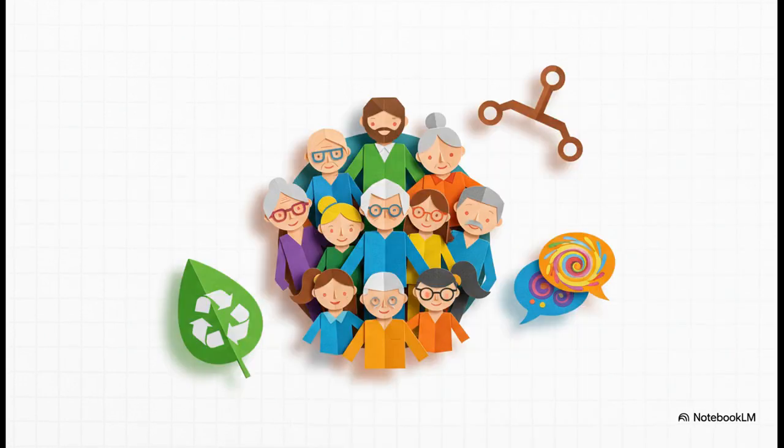Then we've got S for social. This covers everything from population trends to huge cultural shifts. As a society's values change, what people want to buy changes too. So understanding this helps you line up what you're selling with what customers actually care about right now, whether that's sustainability or products for an aging population.